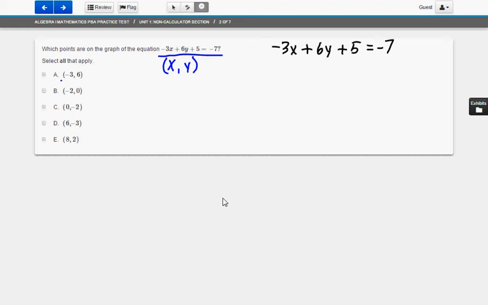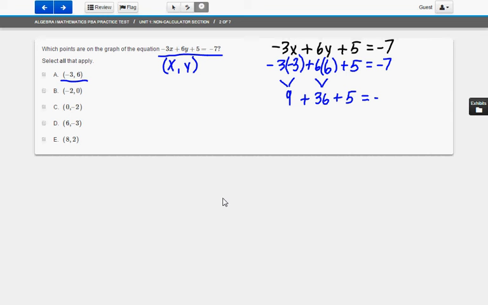So let's begin by testing negative 3, 6. If I put a negative 3 in for x and a 6 in for y, this equation becomes negative 3 times negative 3, which is positive 9. This is a no calculator portion of the test, so you have to know your properties for multiplying two negative numbers. The product there is positive 9. 6 times 6 is 36,